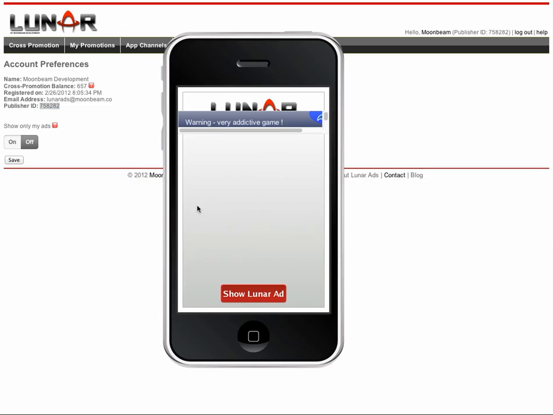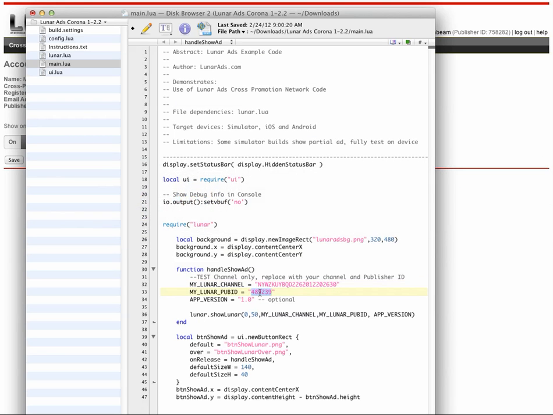We're going to come over here and paste that in there. The app version is for your reference only. You don't necessarily have to use that, but it is put into the analytical reporting. So if you were tracking which apps were showing which ads based on versions, you can put that in here. So if I had app version 1.1, it was an update, I would put that here, 1.2, 1.3, and so forth. And again, it's just for reporting so that you know what versions of apps are being displayed,